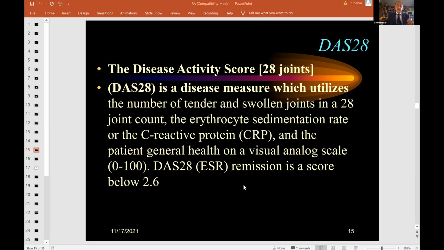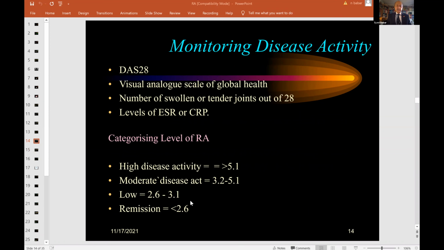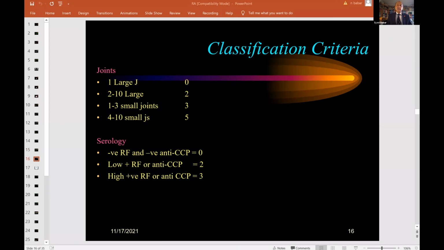And remission is present when the patient achieves a score below 2.6, as we have just mentioned in the earlier slide. So what calculations are made? So if one large joint is involved in the process of what seems to be rheumatoid arthritis,